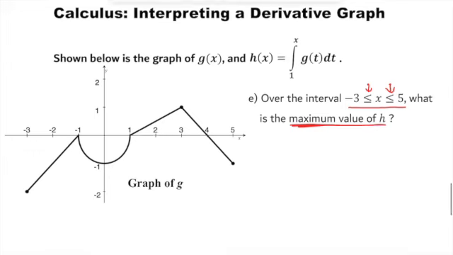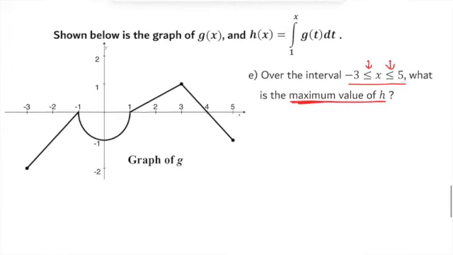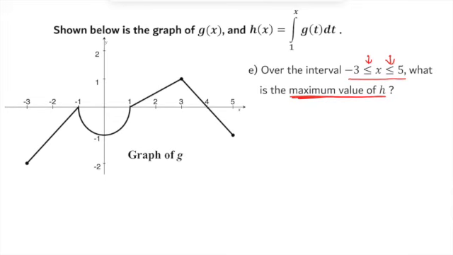So when you're talking about a maximum or a minimum value on a closed interval, that's what we call the candidates test. And that means that the absolute max or min will either happen at the endpoints or at any critical numbers